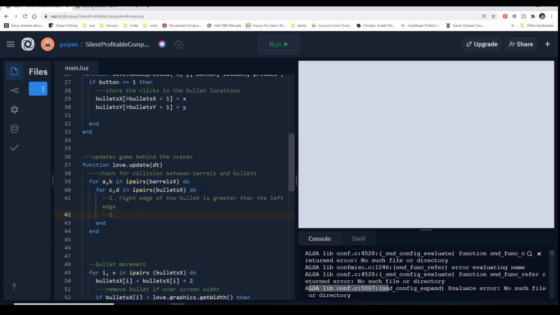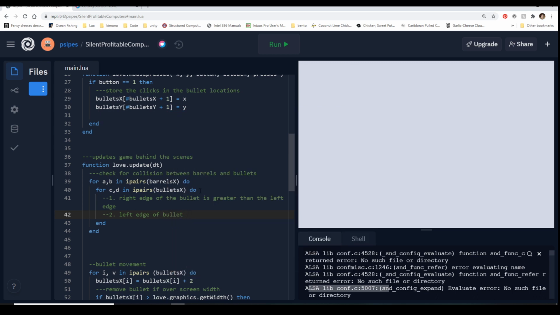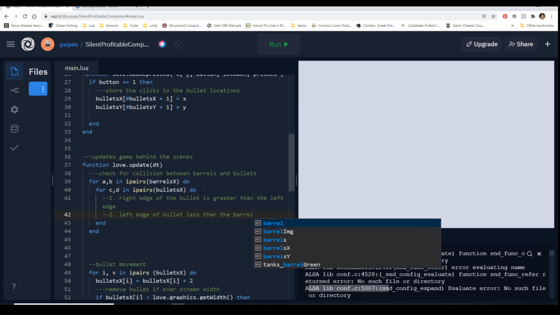But we also want to make sure that the left edge, so the end or the back of the bullet, is also in the right place. So we want to make sure that it's less than the barrel, so the x value of that bullet is somewhere contained in the barrel.